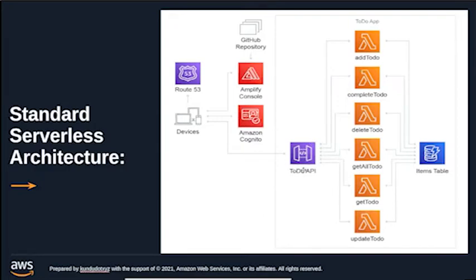I am using some REST APIs for our to-do application to have these kind of CRUD operations: adding to-dos, completing to-dos, deleting to-dos, getting all the to-dos, getting any specific to-do, and any update for any to-do. So all those separate operations can be done on separate lambdas, or even on one lambda, but I